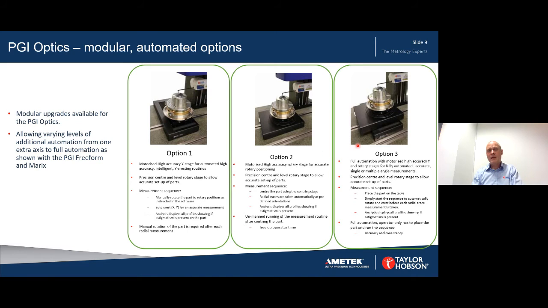Then we go into option 3, that combines the Y stage and the rotary stage, basically giving you a smaller version, if you like, of the PGI Freeform or the PGI Matrix. So that fully automates and it would measure in X and Y, crest in X and Y, and then automatically rotate as necessary between the measurements. The benefit of this is obviously full automation takes out that operator variance. On the other side, though,